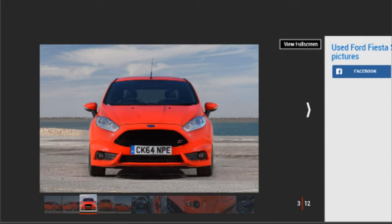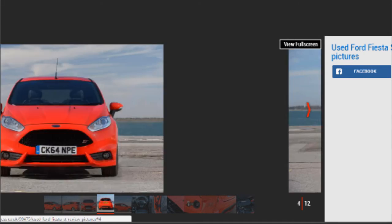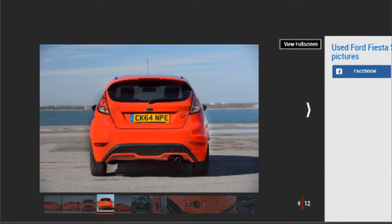As with any performance car, you need to check a potential purchase hasn't been abused, but buy a cherished one and you'll have fun on tap for as long as you want it. Ford is no stranger to budget performance cars. Its XR and RS brands are rightfully revered by driving enthusiasts. While the manufacturer's most extreme showroom models continue to wear RS badges, the ST brand has picked up where XR